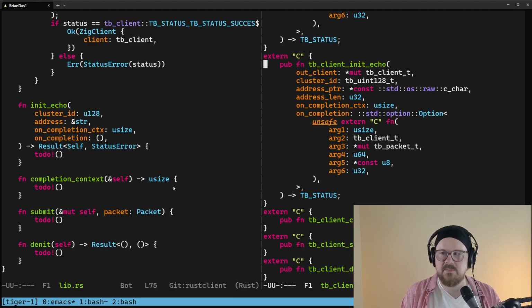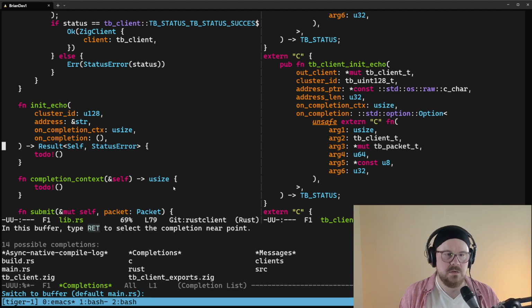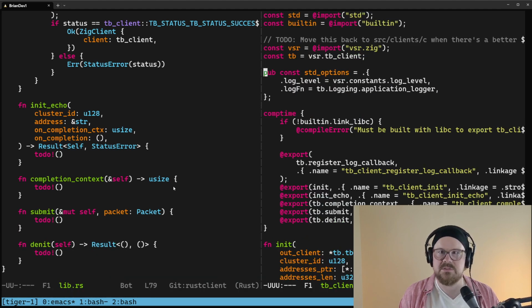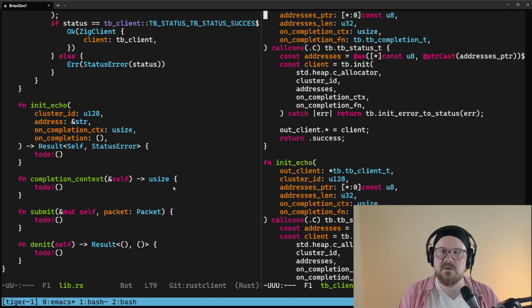Let's go ahead and do a little bit of digging and see what init echo does, just to decide whether we want to actually implement this or not. And if we remember all the reference things that we had open,